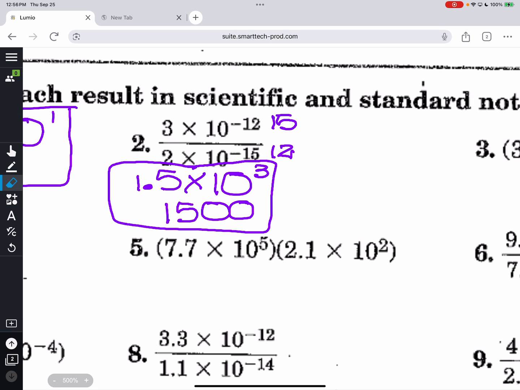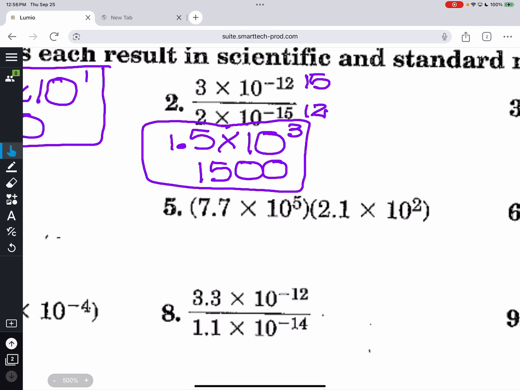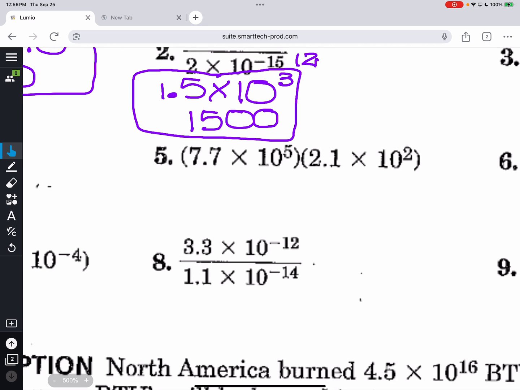Look at number 5. This is a different setup. 1.7 times. You're going to multiply. And what do we get when we multiply? 16.7. Yes, we do. Is that scientifically set up? No. So it needs to be rewritten as 1.617 times 10 to the